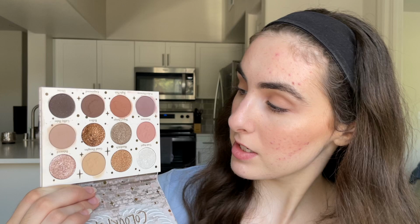It's almost like a liquid metal kind of look. It's very foiled. Overall, the shimmers in here are not my favorite. I love this formula, but I'm never gonna wear this color. So just overall, I don't think it's the best palette Colourpop has ever made, just in terms of the shimmers